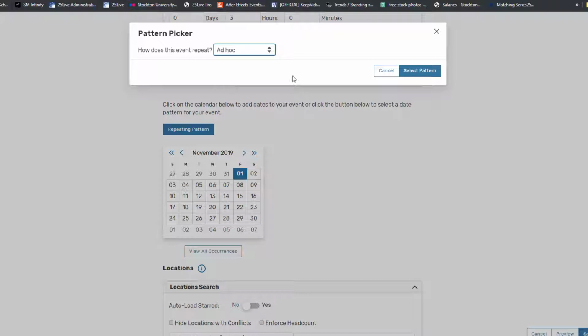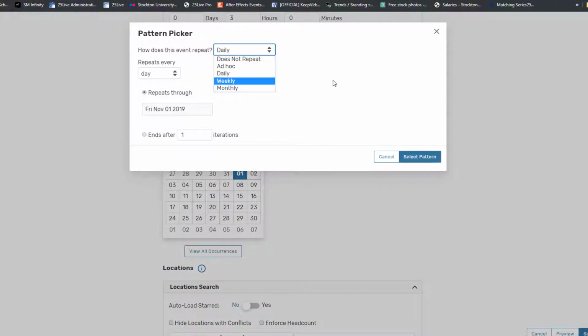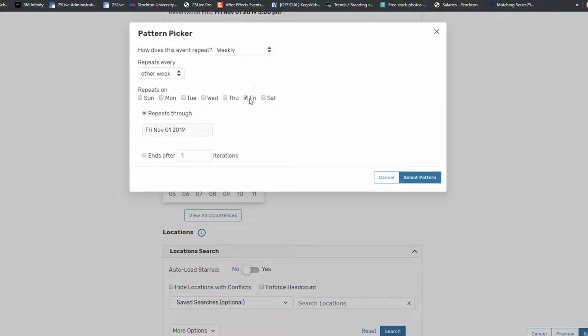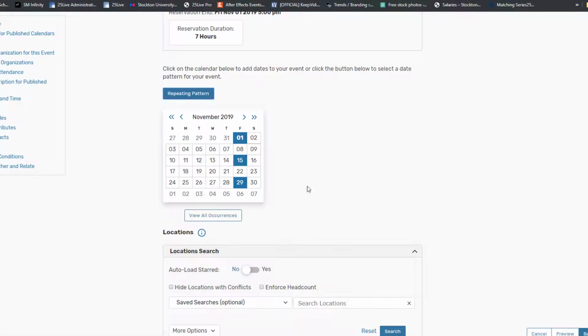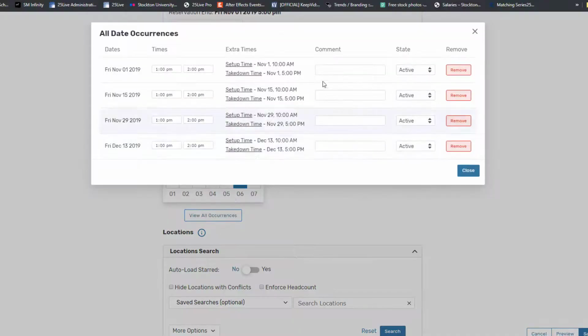There's ad hoc, which is miscellaneous and randomly chosen. There's weekly and daily, and even monthly. So you can choose something that repeats every other Friday through the end of the semester. Once your pattern is selected, you can go into View All Occurrences and deselect or cancel the dates that have